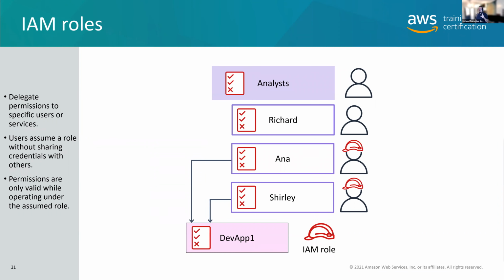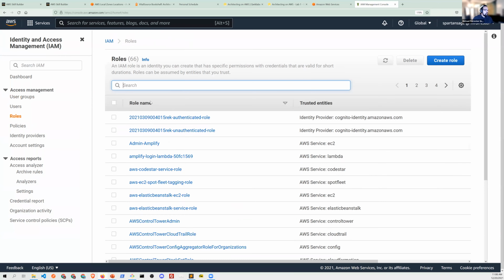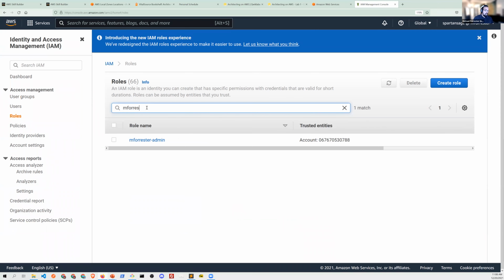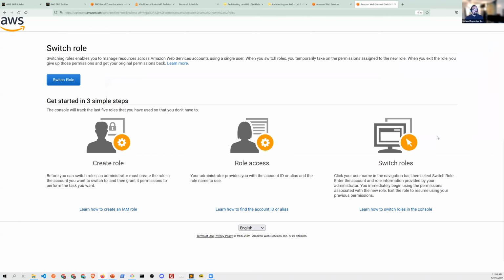Now, roles are slightly different because groups and users are easy for us. We've been using groups and users. We understand that. But here's a catch for roles. So if I go back to my IAM and I look at the roles, and let's say I look for a special role called Forester admin. I want you to note in the upper right-hand side, it says Spartan Sage and Forester. So if we look at this little account up here, it says Spartan Sage and Forester right up here on the right-hand side. Now, if I copy this account number and I click on switch roles,